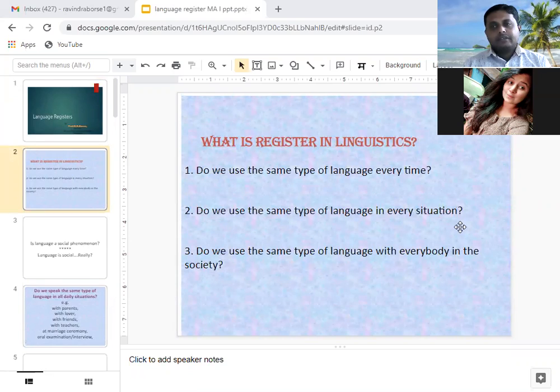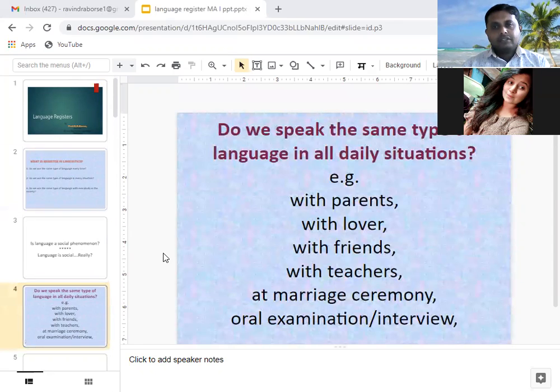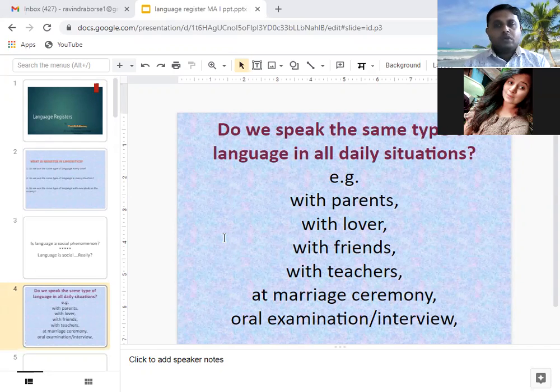We discussed that we do not use the same language all the time. We do not use the same language in all situations. So we change our language as per the demand of the situation, as per the demand of the relationship. So language is a social phenomenon, a social entity, and language also tries to define the relationship. So we shift from one type of language to another,